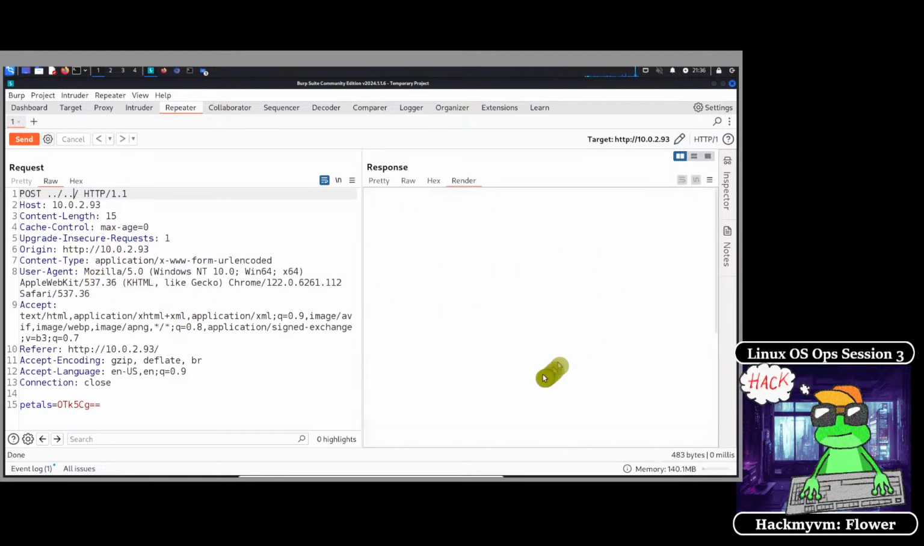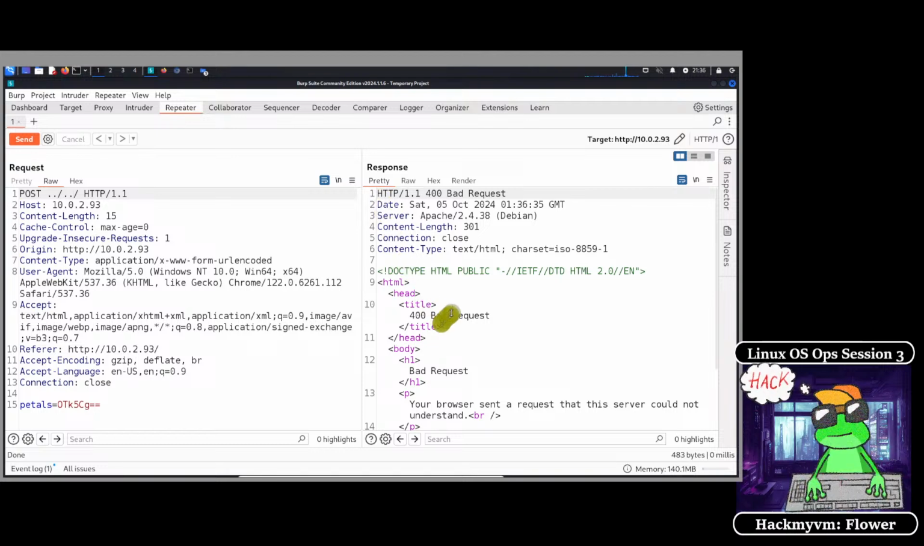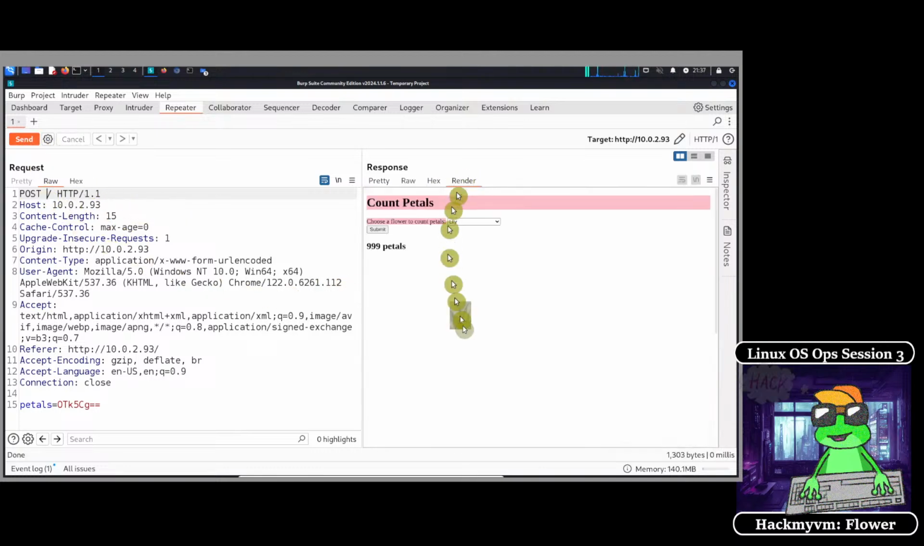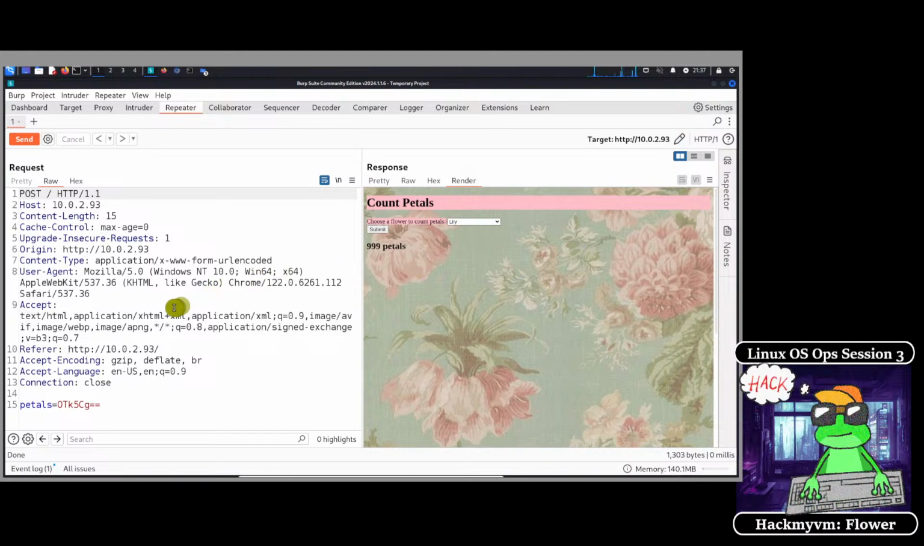So this gives us absolutely nothing. So nothing is returned in response. So if we take a look at this, it says it's a bad request. So we can't send it here. Let's see if we can send it to just this, and send this. So this is also a bad request. So we need to send it to just this /. Okay, so that means,